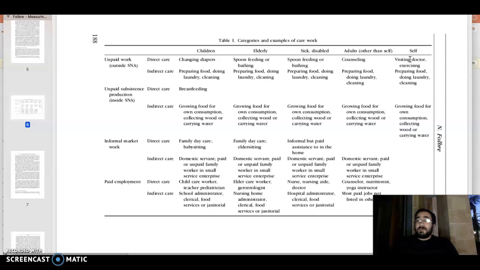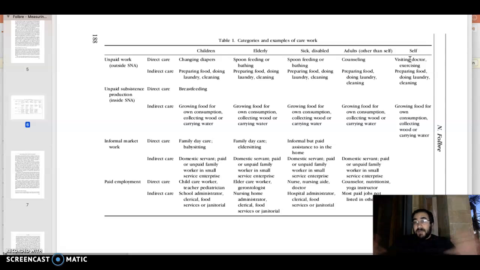Usually people don't bathe adults who are not sick or elderly and are able to bathe themselves, unless it is done in a Turkish hammam, or, I don't know, between close family members if they want to do that.